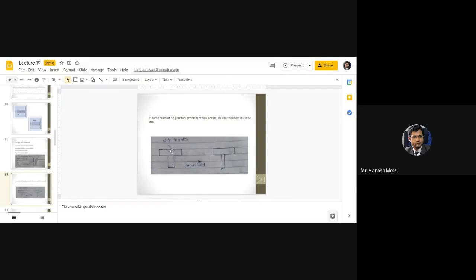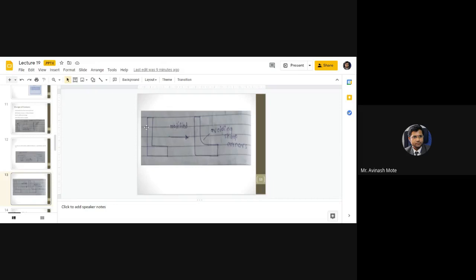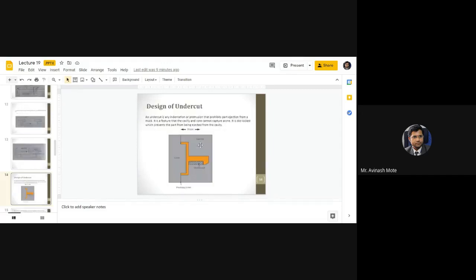So this material will sink down in this vertical arm, right? And at this cross section, only at this junction of vertical arm and horizontal arm, there is a large wall thickness, and because of that cooling will go slowly, more material it will take down, and sinking is possible, this kind of sinking. Okay, so go for this, which is nothing but the kind of rib, go for less thick rib. Okay, so that's about the wall thickness. Here also one of the examples is given, rather than going for sharp corners, go for this kind of shape. Okay, rounded shape.